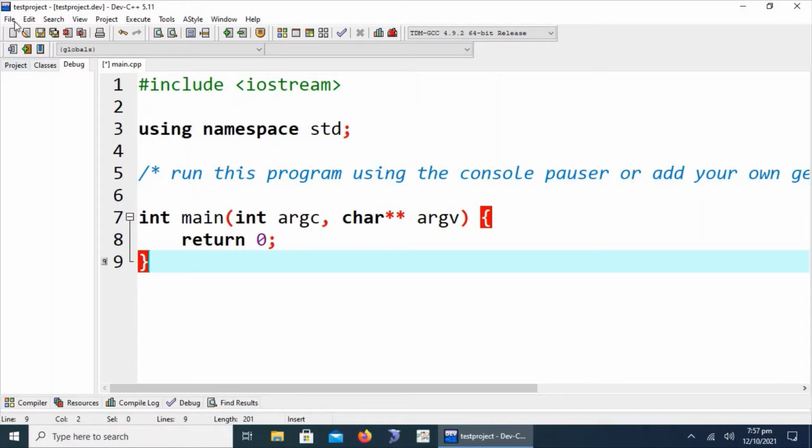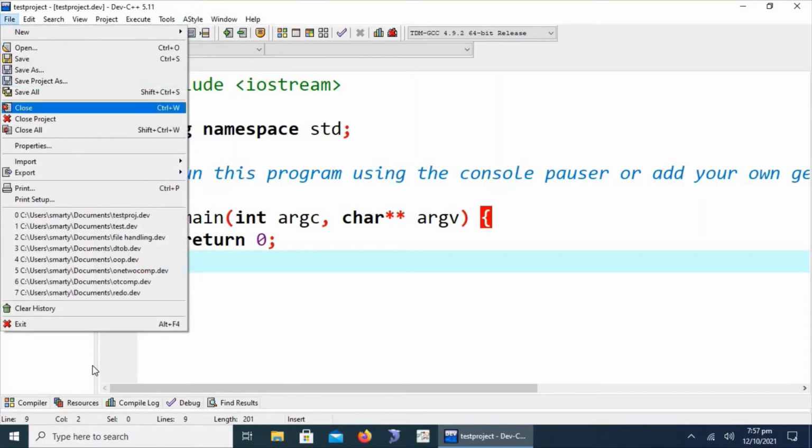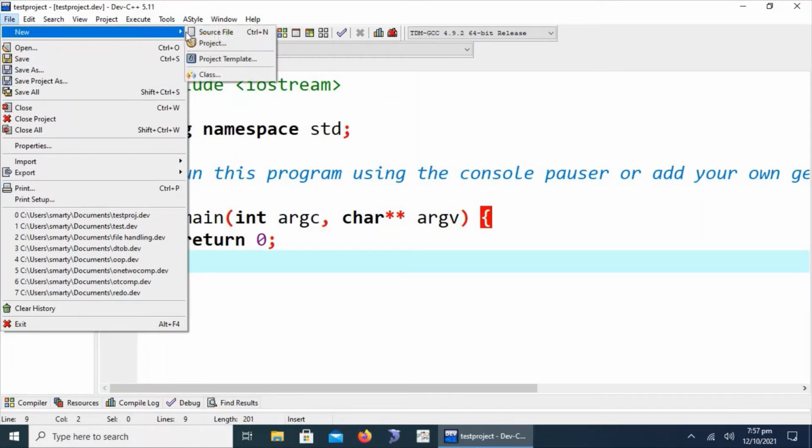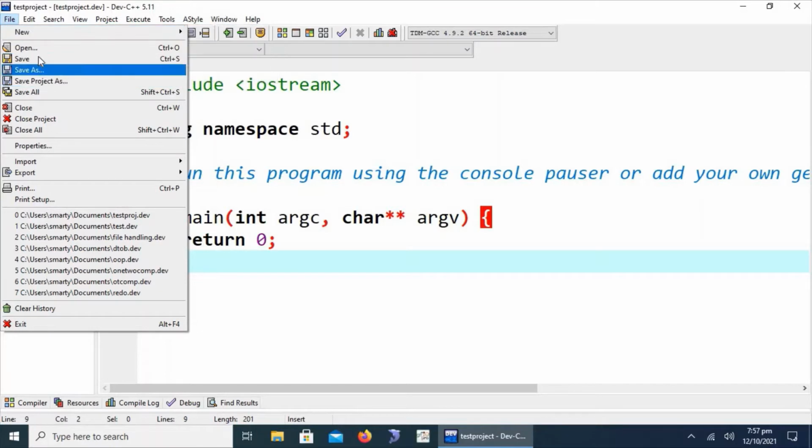So let's start from the first menu, that is called the file menu. Here we have multiple options which are also common with other Windows applications. The first option is new, to create a project file or source file, save with Ctrl+S, save as, etc., close with Ctrl+W. Dev C++ also provides the history of recently opened project files, which may be C or C++ projects, and we can exit this IDE by clicking on the exit button or pressing Alt+F4. We can also clear the history of recently listed projects or files.